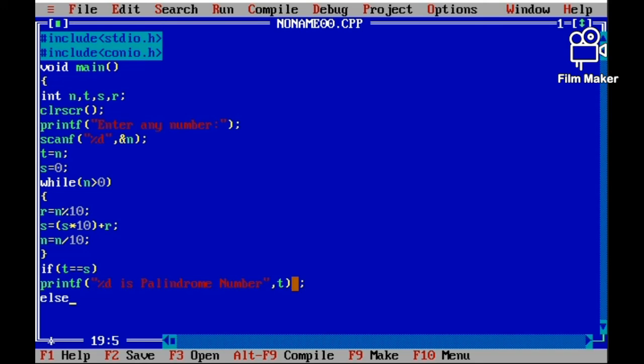Then else printf percentage d is not a palindrome number. If it is a palindrome number, it shows so; if not, it shows it is not a palindrome number.